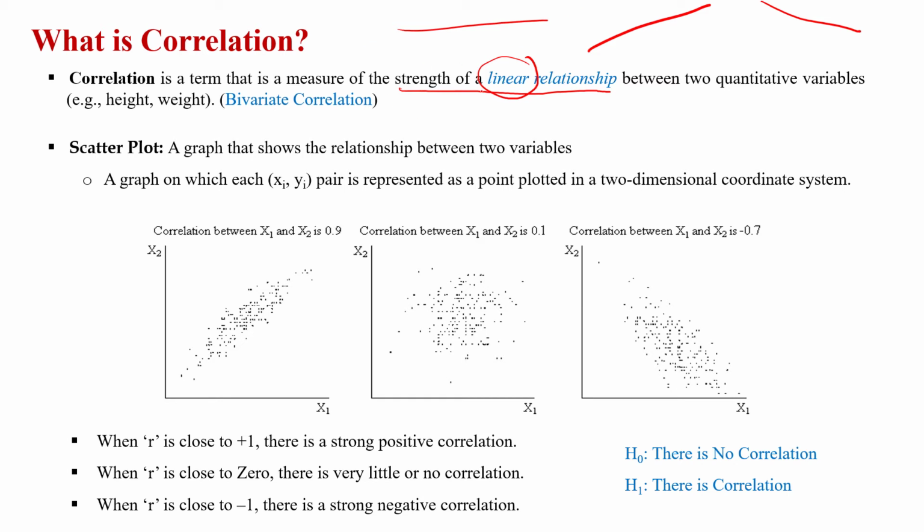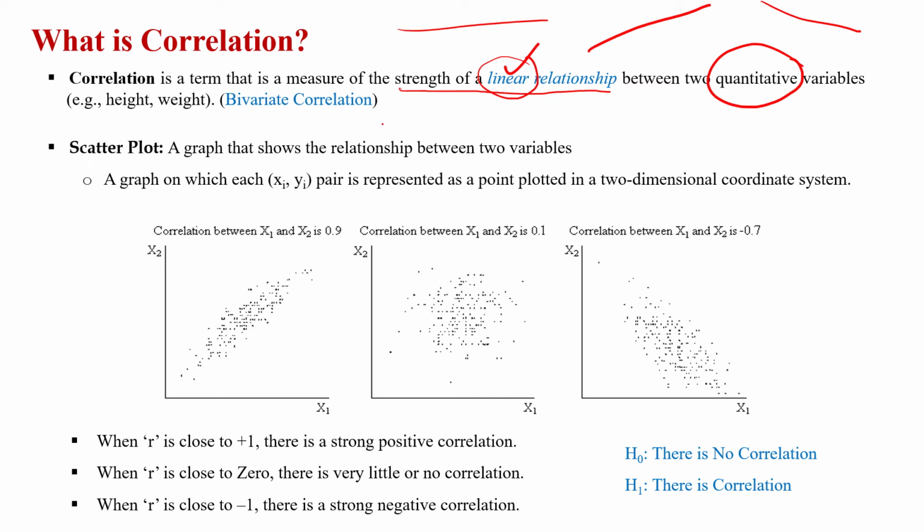The Pearson correlation coefficient basically quantifies the strength of the linear relationship between two quantitative variables, that means they must be continuous variables. Then we can find out the correlation. To apply it, we have some assumptions we will discuss later, but I hope it is clear that we can calculate the Pearson correlation coefficient if you are interested in finding the strength of the linear relationship between two continuous variables.